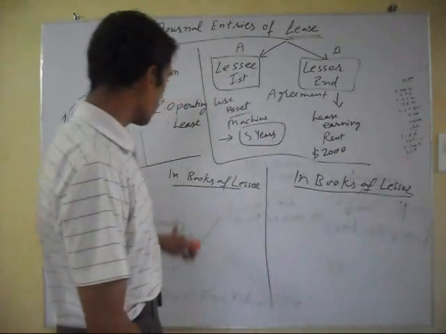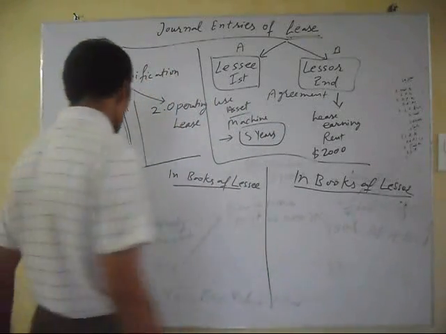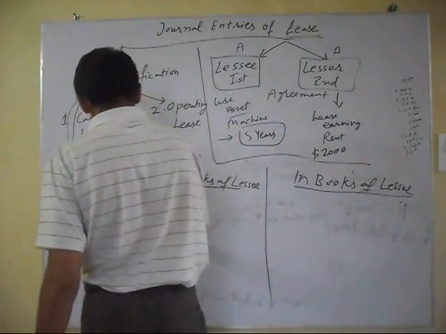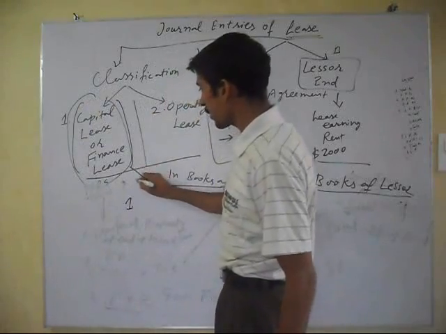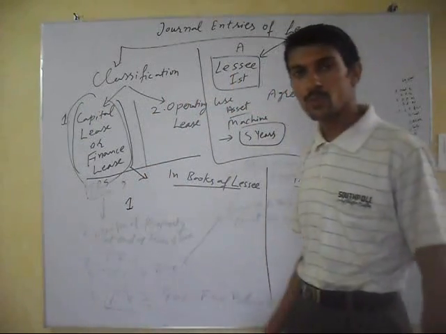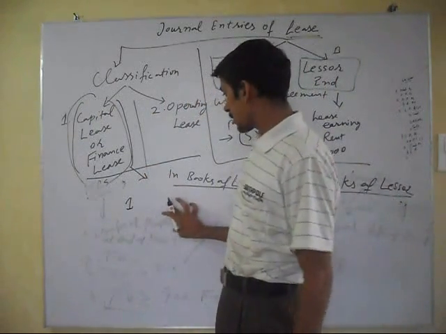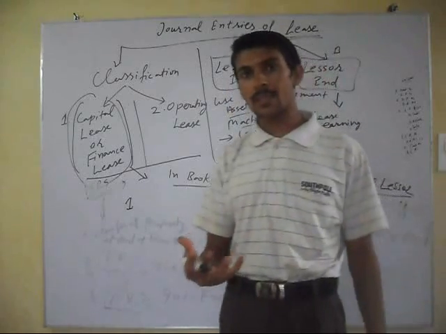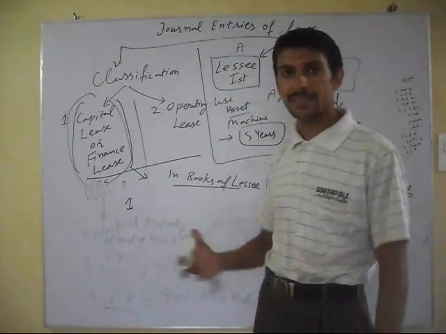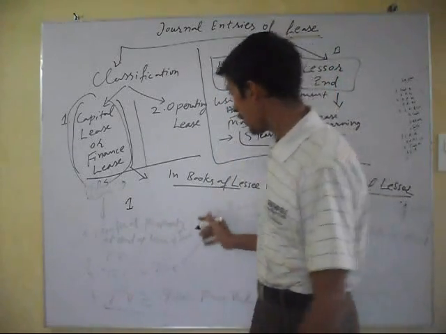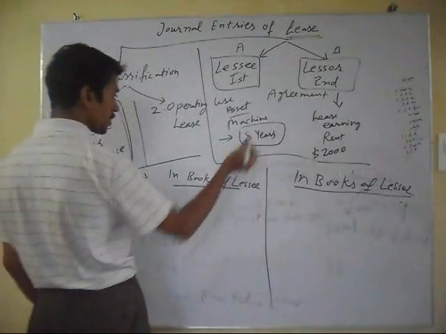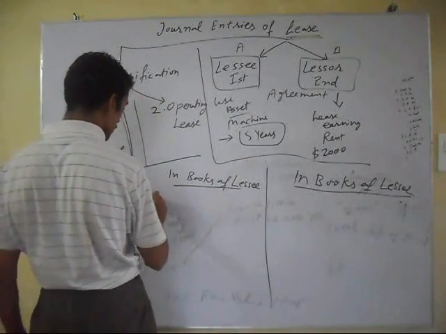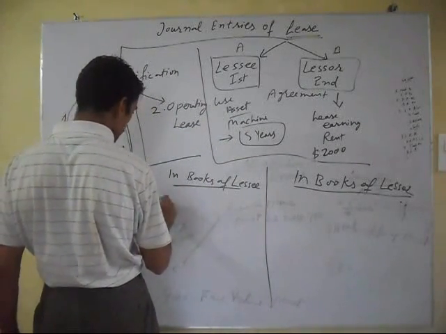Now, first of all, in the books of lessee, when it is a capital lease, the asset is just like the purchase of the asset. So in case of machine, or any other fixed asset,